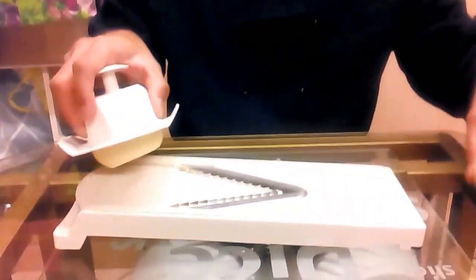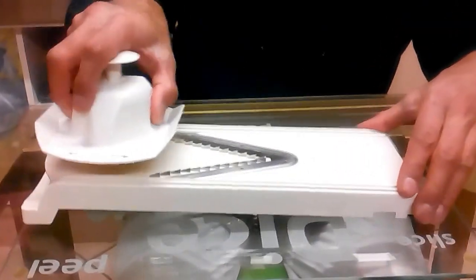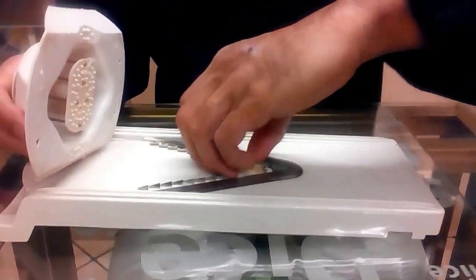Now I'm going to put this other onion on one side and we're going to start shredding. Yes, that's right, very simple. One forward, one back, one forward, one back, one forward, one back. Now we're going to just keep carrying on, and as I'm shredding, it's making it into little small uniform pieces, because nothing better than consistency. That's right. Now I'm going to do the second onion,